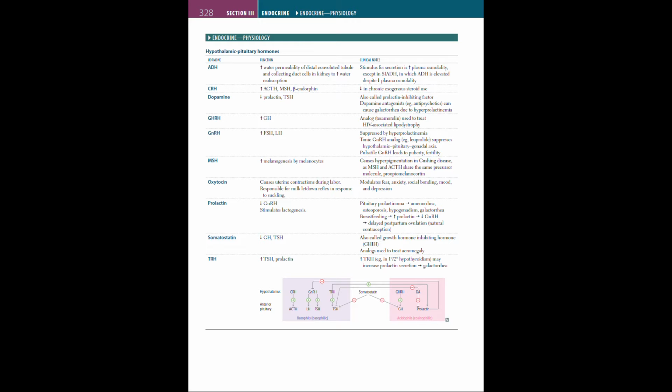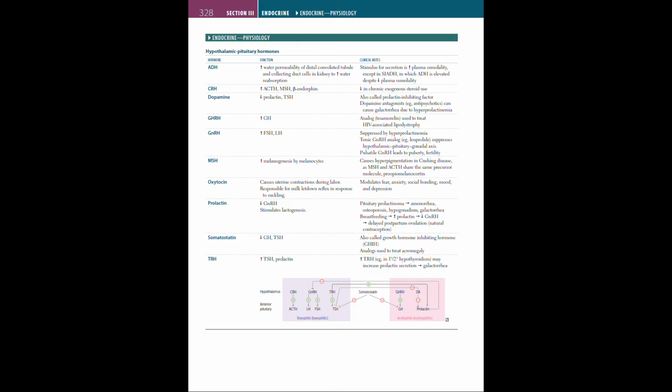These include, on the left side, all the hormones and their function, and then we will go for the clinical notes. First is ADH. ADH function: it causes increase in water permeability of distal convoluted tubules and collecting duct cells in kidney to increase water resorption. Clinical notes: it causes stimulus for secretion in increase in plasma osmolality,